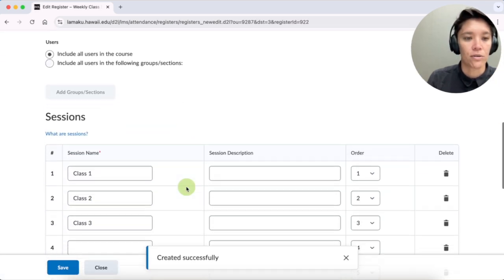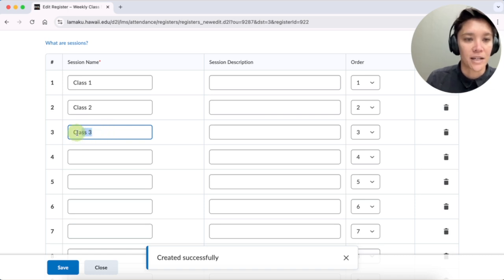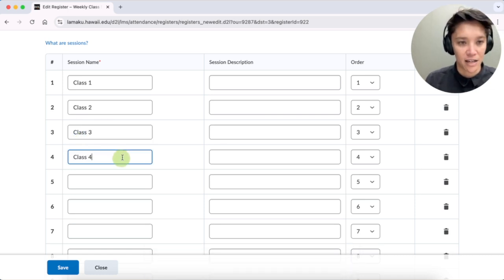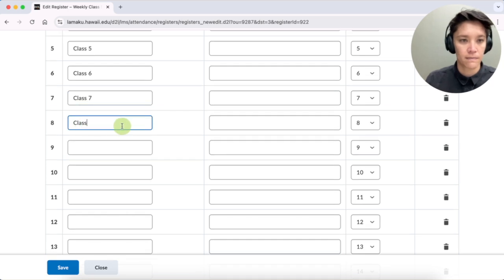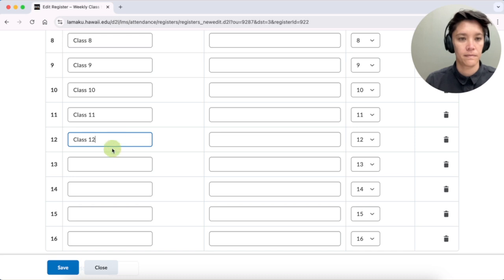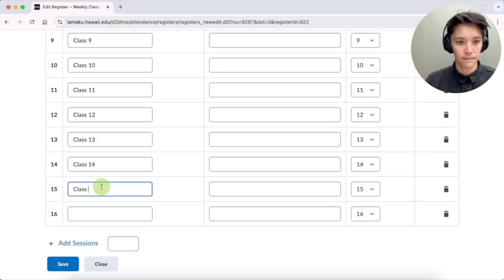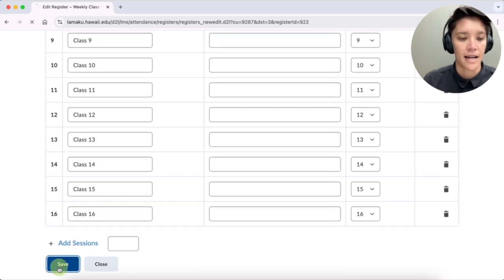And then I'm just going to go through and continue typing in, copying and pasting, and adding in the number. So I have my 16 classes there and can click Save